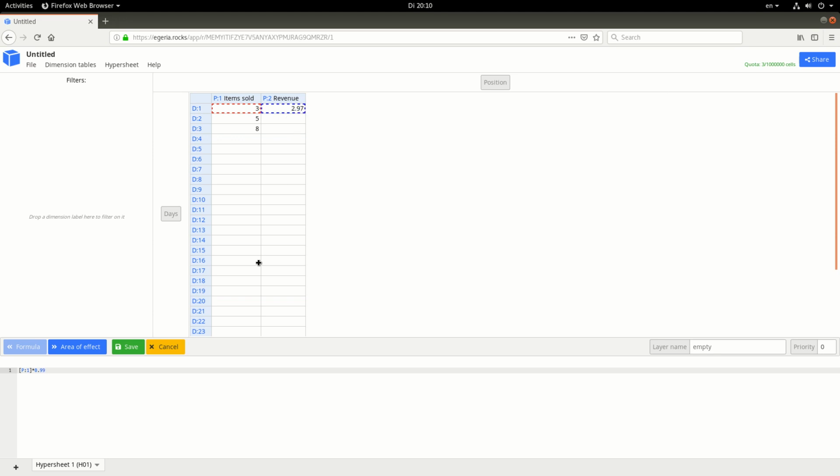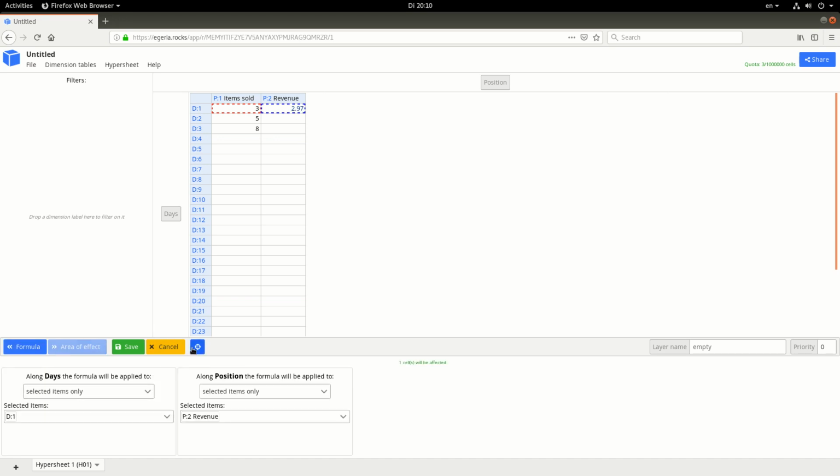Now we need to extend this formula to work on the whole column. In Egeria we cannot copy formulas, but instead we define the area of effect. Click on the area of effect button. We can select an area of effect visually using this targeting button here, or we can define the conditions for the area of effect here. So we will choose all items for the days dimension, and you see the area of effect is extended to